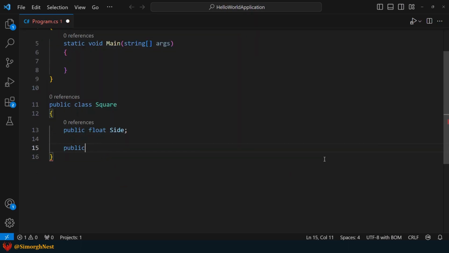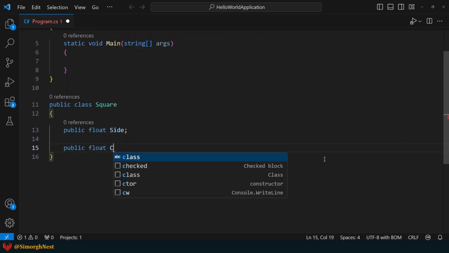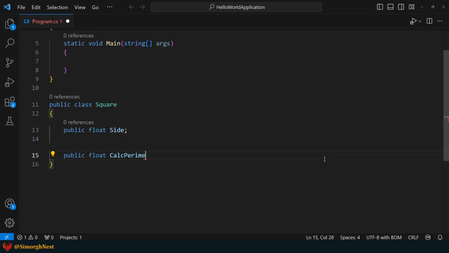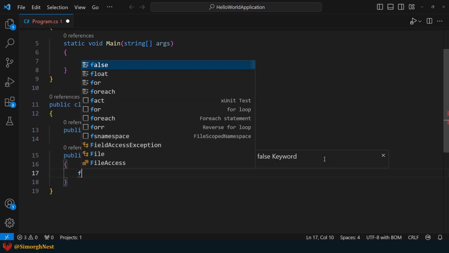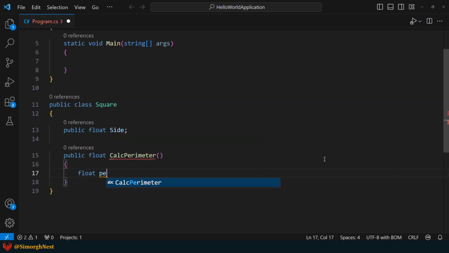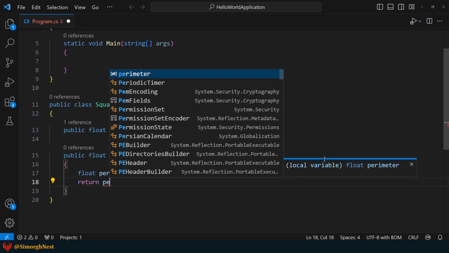Then, let's define a method that calculates the perimeter of the square. Inside the method, we'll declare a float variable named perimeter, and let's assign it side multiplied by 4. We'll then return the calculated perimeter as a result.